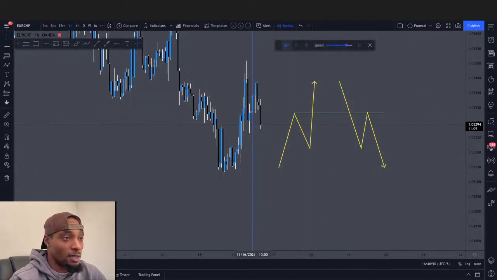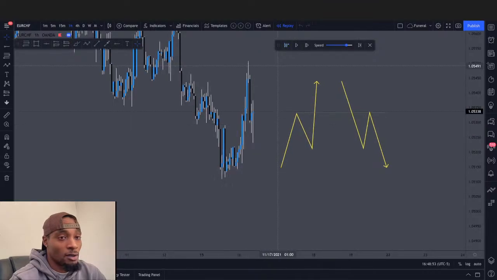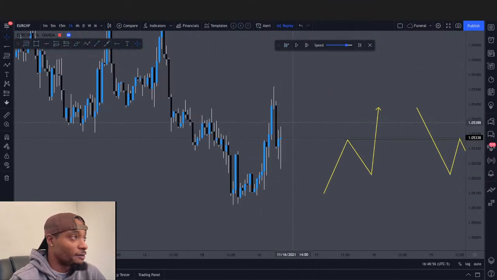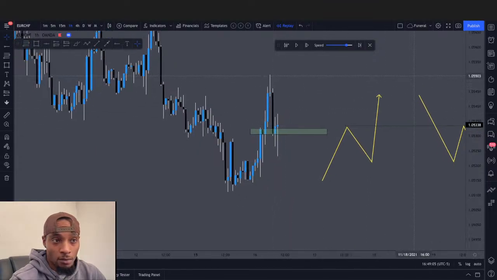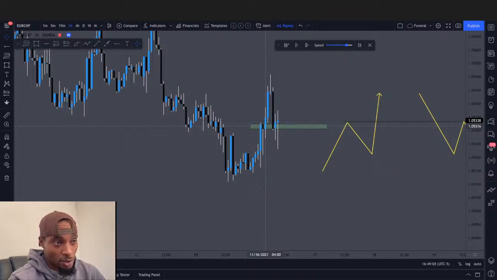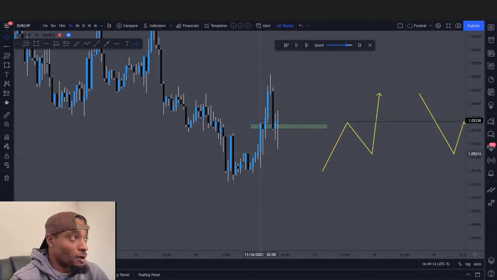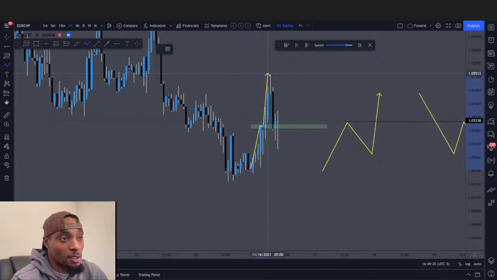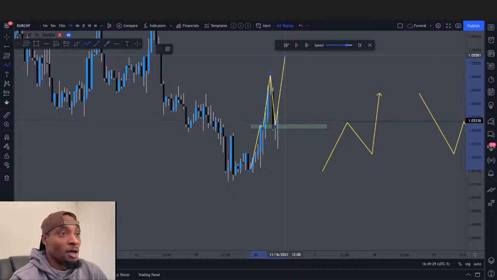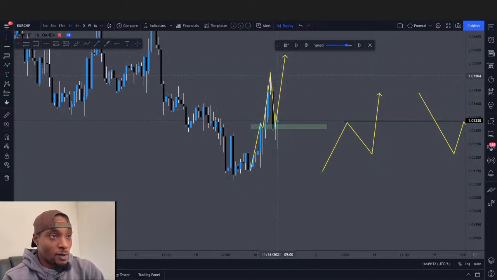If we replay it, it is starting to get towards market close. What does this look like? We have a break to the upside. We broke above some structure, came back, retested the structure. This area is previous structure. So over here on this side it was resistance, over here on this side it is support, and throughout this whole move up, that was the only pause the market took. So when it came back, I was looking forward to it retesting that area. Since I had enough strength to hold on this side, it's going to give me enough move to go to the upside. If we play it forward,